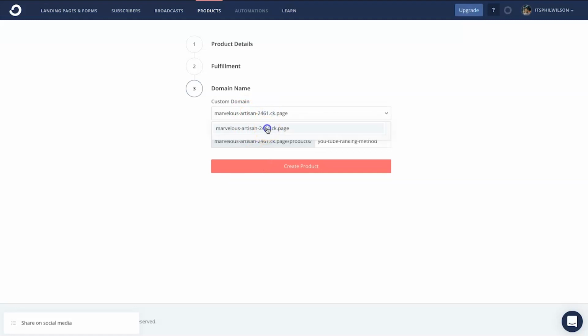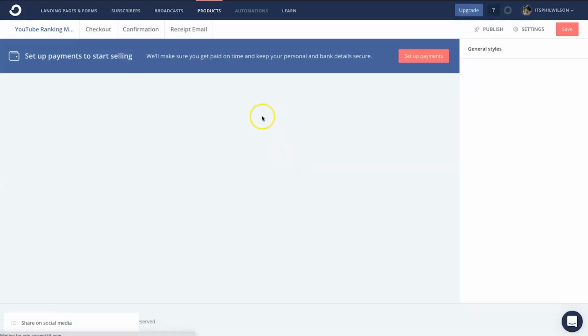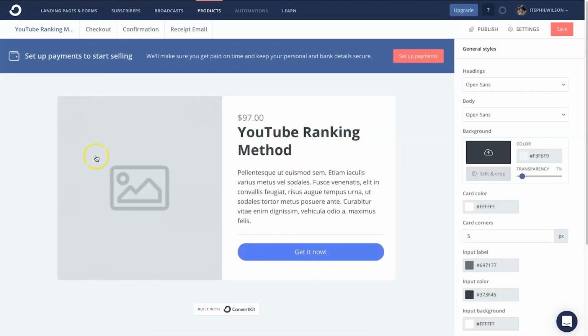Now you can choose the custom domain. Once again, if you've added them inside of here, you can choose your page URL. So this is going to be the product URL. I'll just call it YouTube, make it easy. Click on create product. Now that's going to go ahead and get created. So if someone ends up going to the product link that they've created, this is basically what they're going to